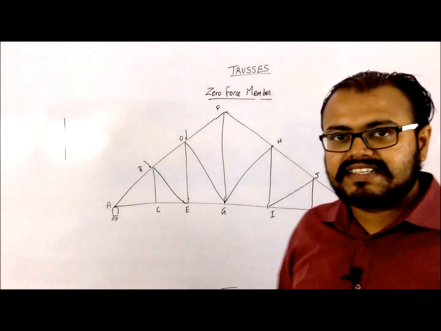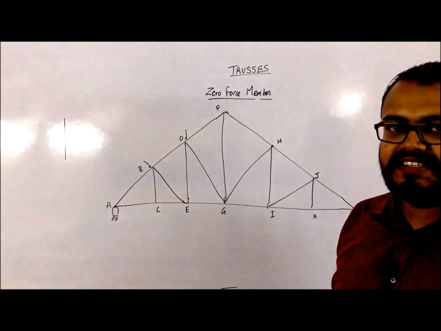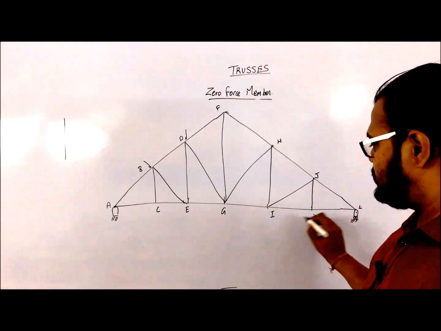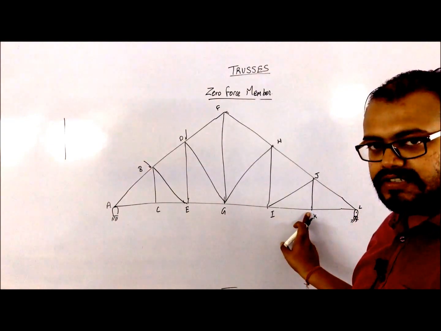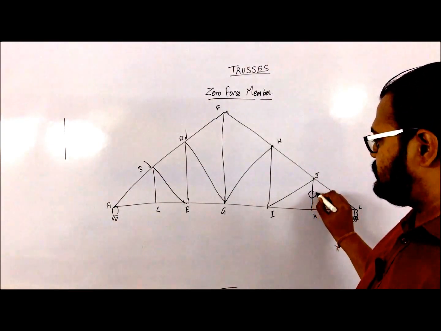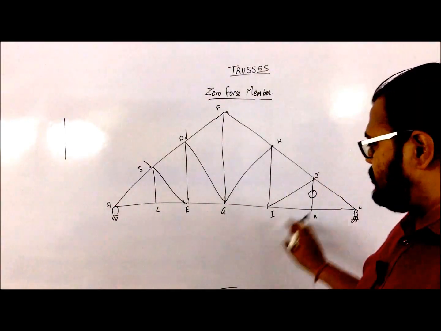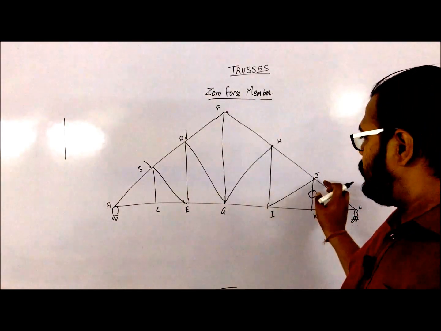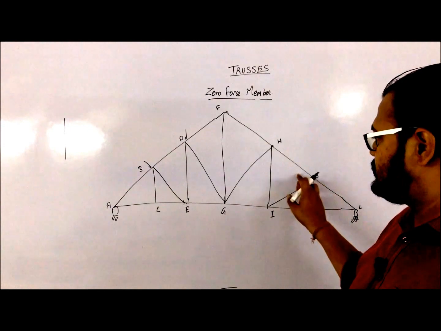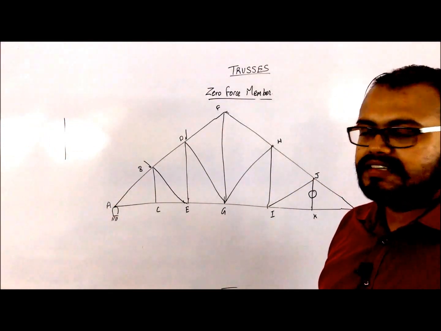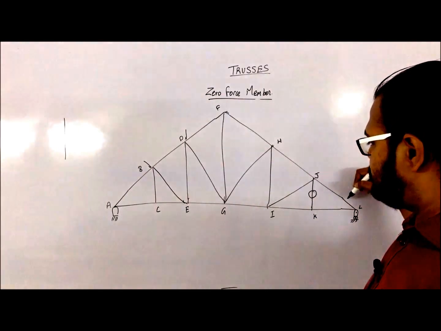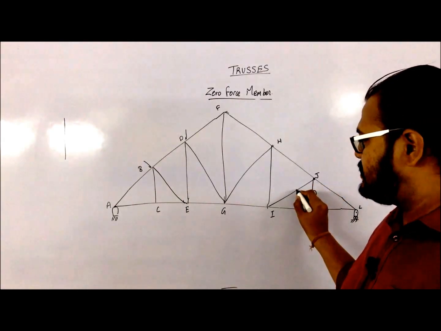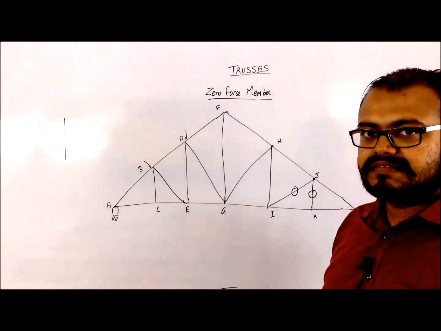Now let us try to analyze the zero force members in this particular truss. I can see that the members over here are linear with each other and there is no force which is attached to the point K. So this particular member becomes my zero force member. Now since this particular member is zero force, it becomes a redundant type. Now at point J, there are only 3 members which are connected to each other, of which this member is linear with this member. Since there is no force which is attached at point J, this becomes a zero force member.